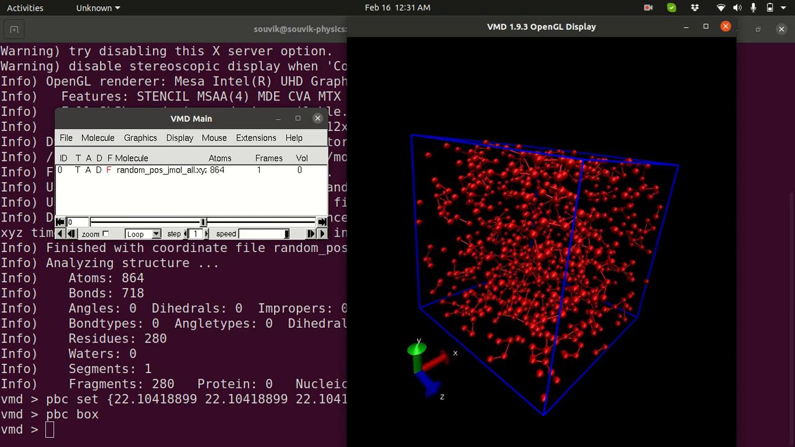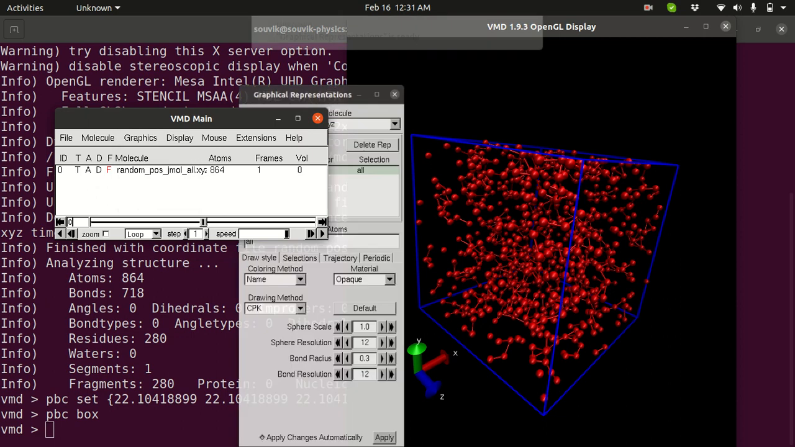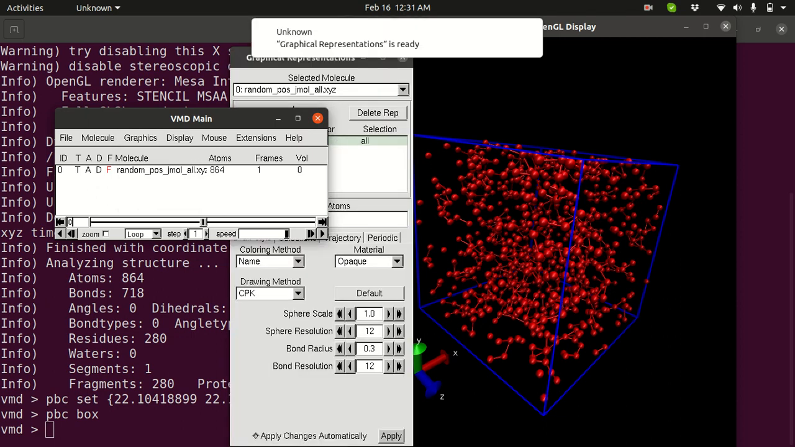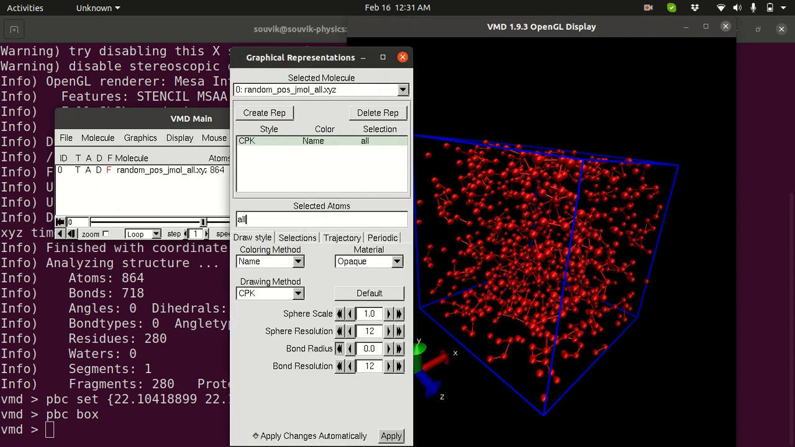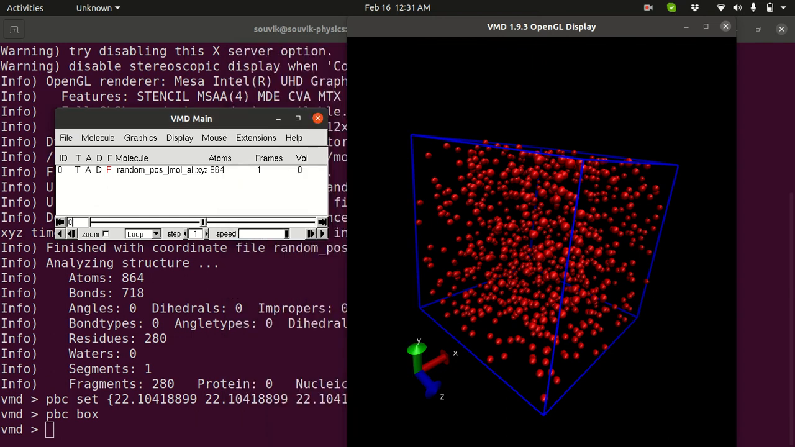Then basically, if you don't want the bonds, right? So in graphics representation, you just need to make the bond radius 0, so that they will not show any bond. And then you have to click on this, and then it will animate, I think. Okay,